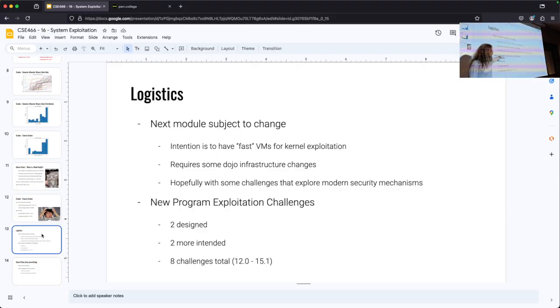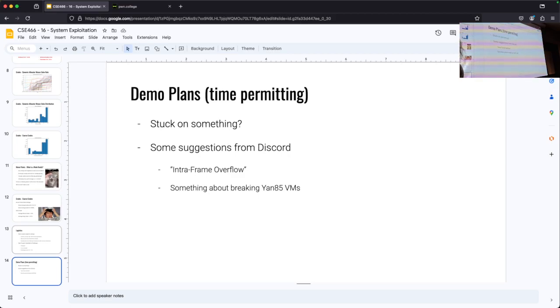But I do know where they're going. They are going to get tacked onto the end. They are not things that are going to be easier. They're things that are going to be harder, right? Think very similar to how I added safe linking to the heap stuff. But it'll be something fun.